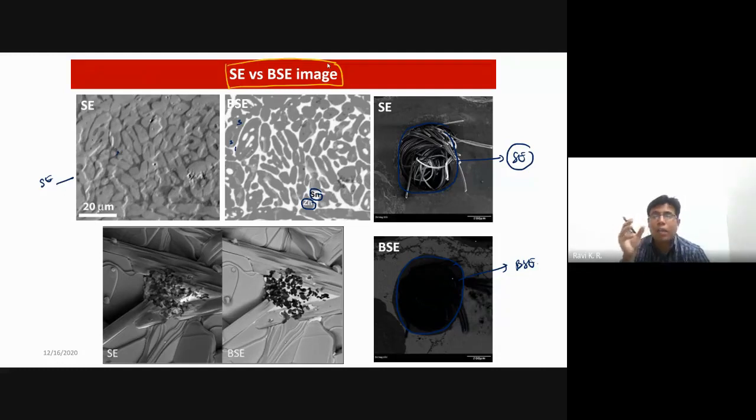the segregation of the elements and segregation of the phases. We can easily understand what kind of phase it can be. Whether it is two different morphologies, you can actually see the contrast in a morphology, but in a BSE image you can also see a completely homogeneous mixture. So this is what the backscatter electron image is.